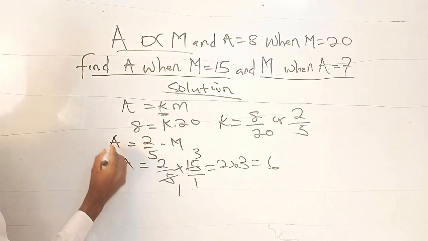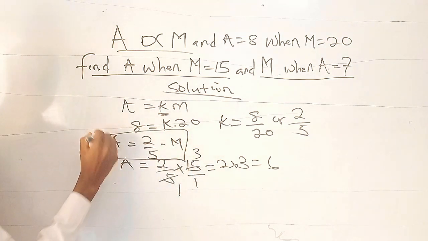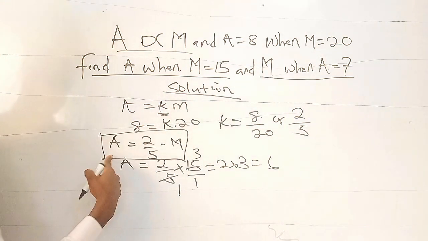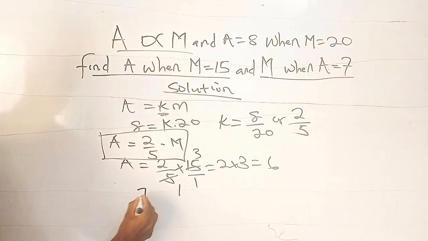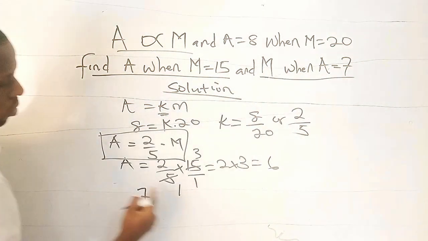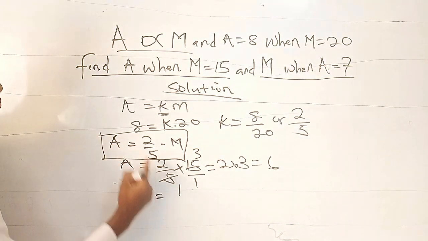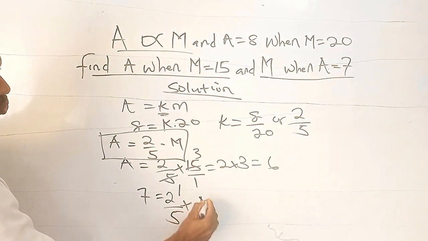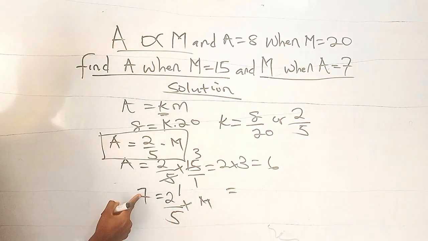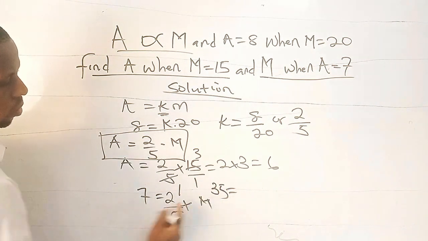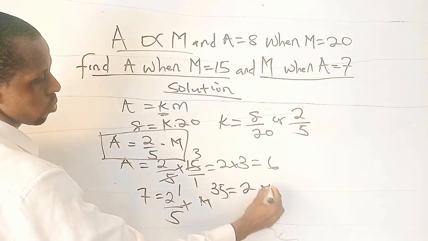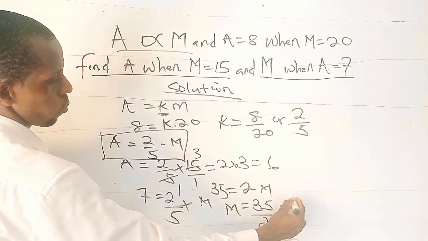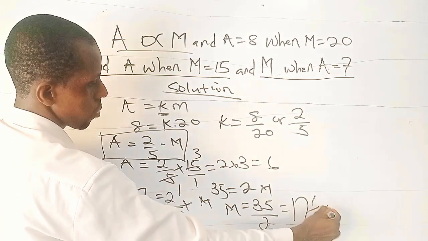Coming back here as well, using the same equation connecting a and n. So we have a equals 7. In this case, a is 7 equals 2 over 5 times n, and we are asked to determine n. So we can easily cross multiply. 5 times 7 is 35, 2 times n is 2n. So the value of our n is 35 divided by 2, which is the same thing as 17 and a half, or